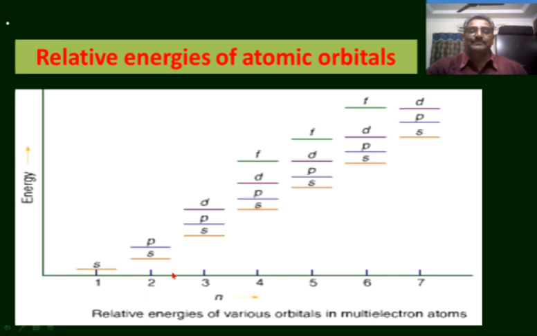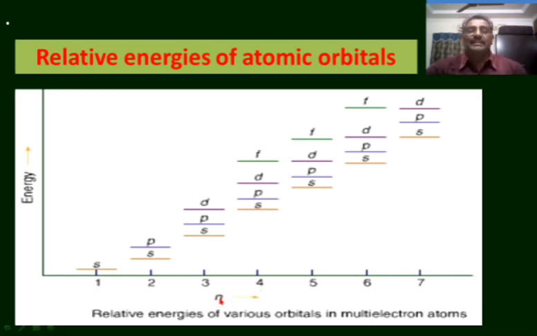In the same way, there are 3 kinds of orbitals, s orbitals, p orbitals and d orbitals, in the third main energy level. 1 s orbital, 3 p orbitals and 5 d orbitals are present in the third main energy level. Here also, the energy of the s orbital is less than the energy of the p orbital, which is less than the energy of the d orbital. So the different orbitals in different subenergy levels do not possess the same energy in the case of multi-electron systems. The s orbital possesses lower energy than the p orbital. The p orbital possesses lower energy than the d orbital in a main energy level.